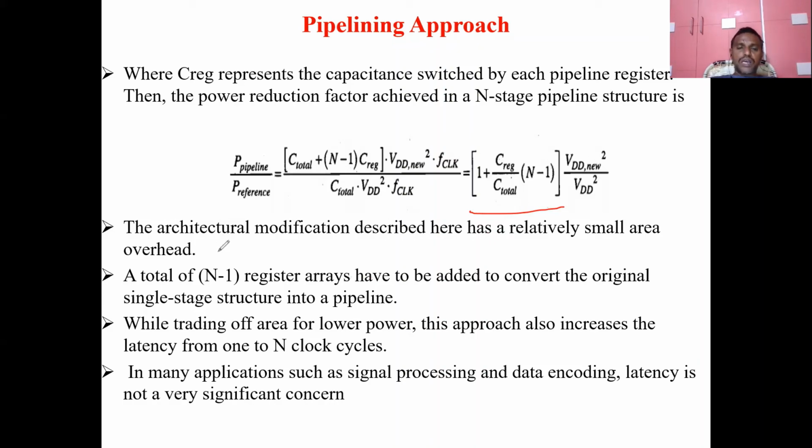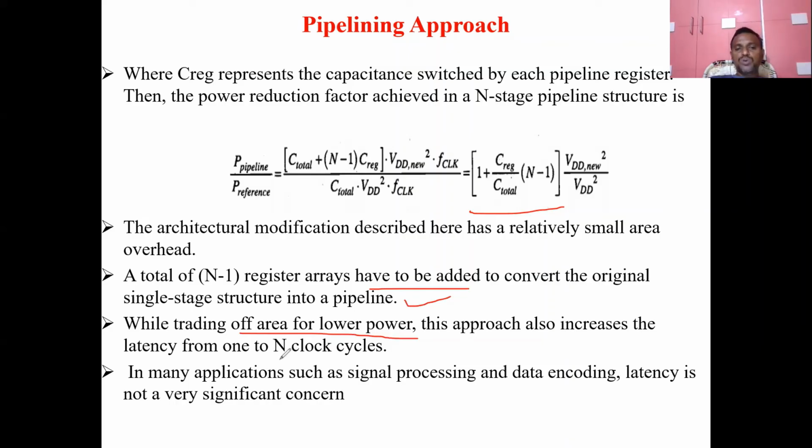Okay, so now we have the architectural modifications described here as a relatively small area overhead. Because here we are using n pipeline stages and we are using n-1 registers, the area will increase, right? A total of n-1 register arrays have to be added to convert the original single stage structure into a pipeline. Because of these n-1 register arrays, the area will be increased while trading off area for low power. If you neglect that area increase, this approach also increases the